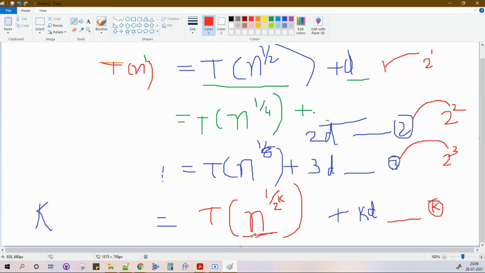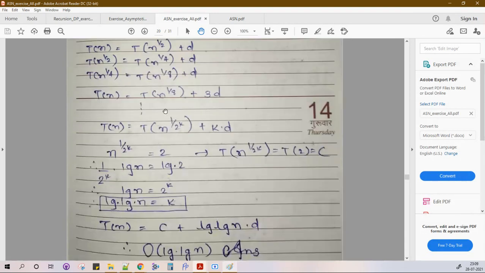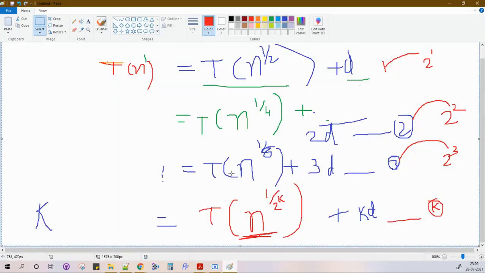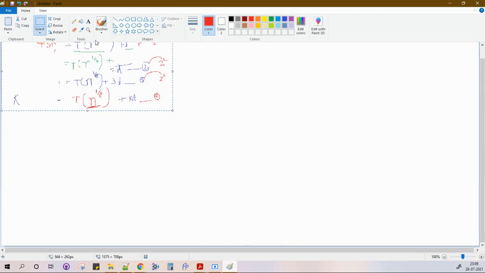Now what we need to do is equate this to 2, because this is nothing but the base case. So this loop will terminate when n to the power 1 by 2 is equal to 2. So let's do that. Let me put it here. This is not looking good, but that's fine. When n to the power 1 by 2 raised to k is equal to 2, then this loop will terminate,